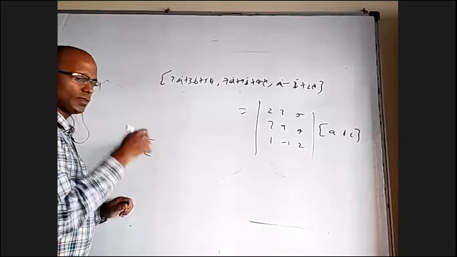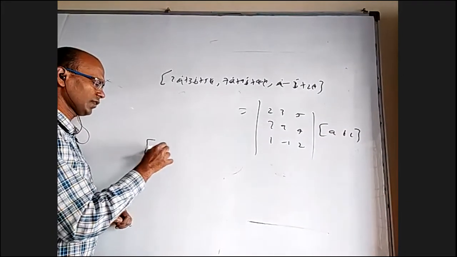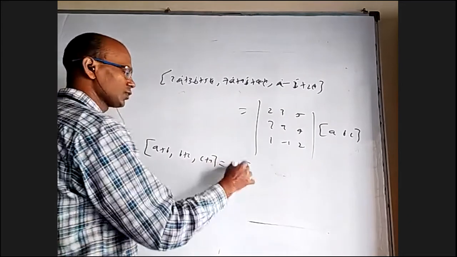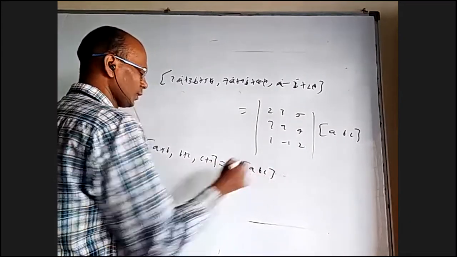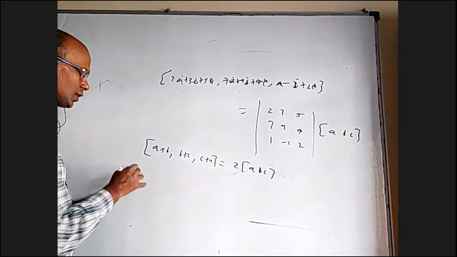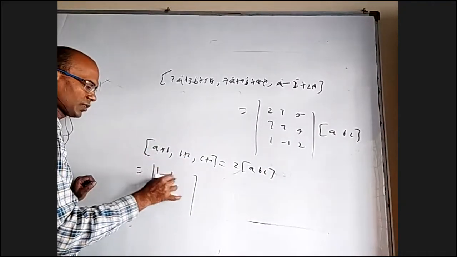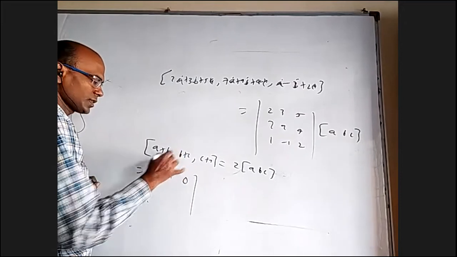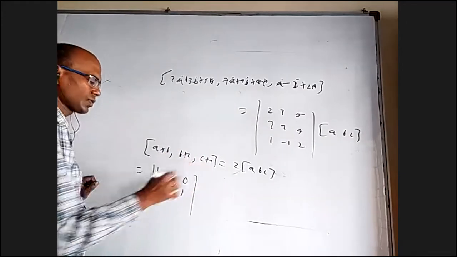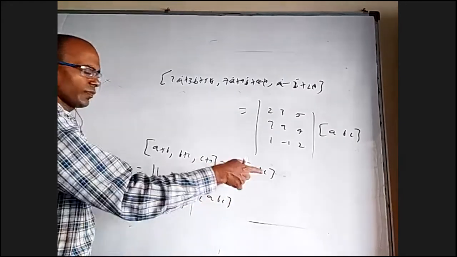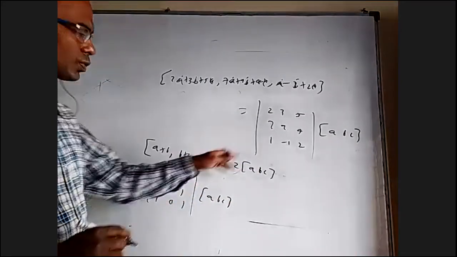This is one such question where if you have a plus b, b plus c, and c plus a, it is actually 2 times box abc. By splitting the boxes, we can understand, or according to that formula, the coefficients of abc are 1, 1, 0. What are the coefficients of abc 0, 1, 1? What are the coefficients of abc 1, 0, 1, into box abc? When you simplify that, you will get 2 times box abc.